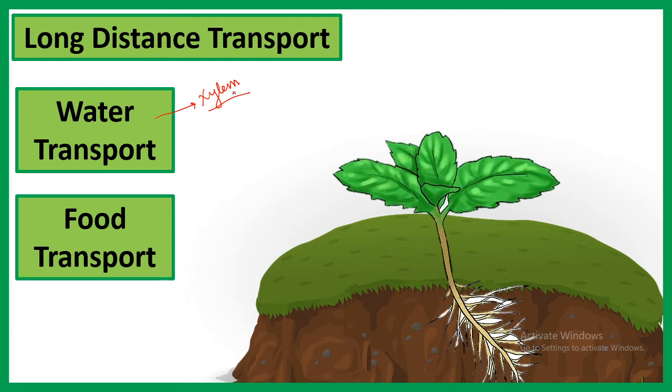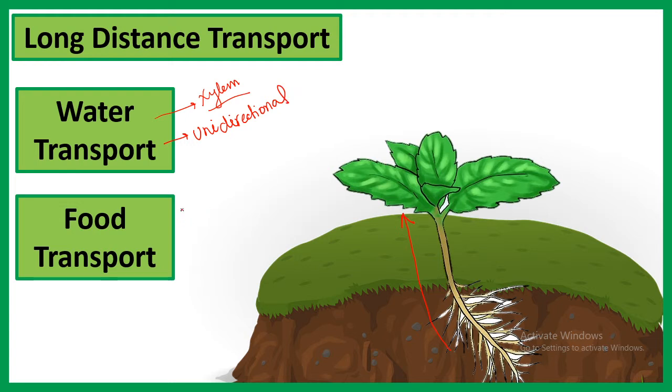The water transport is unidirectional in nature. That means the water transport always takes place from the roots to the leaves. So this is only unidirectional. This is a very important point that you should be knowing. Right, but food